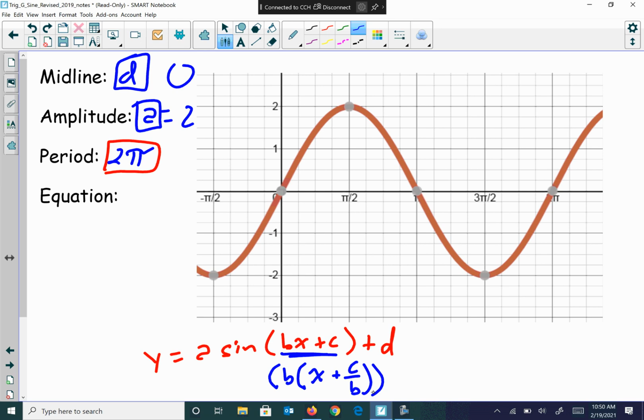So this is really a sine of b times the quantity x plus c over b. Because this is going to do something. This is going to tell us how it shifts right or left. This is going to talk about a period right here. Well, this graph hasn't shifted right or left at all, so I don't really need to worry about that too much. So the values that I definitely know for this problem are,